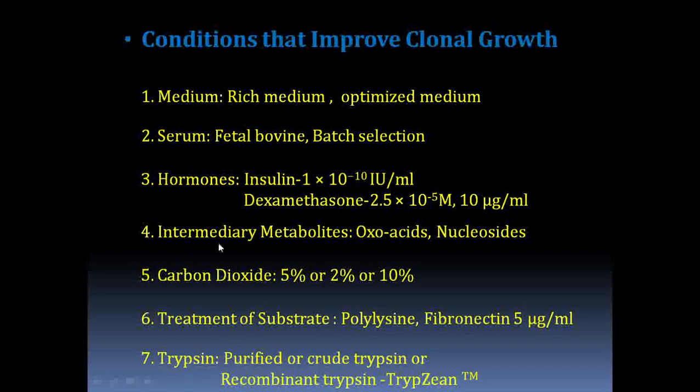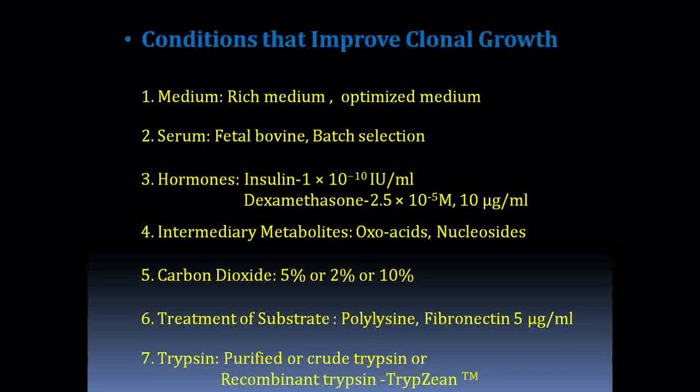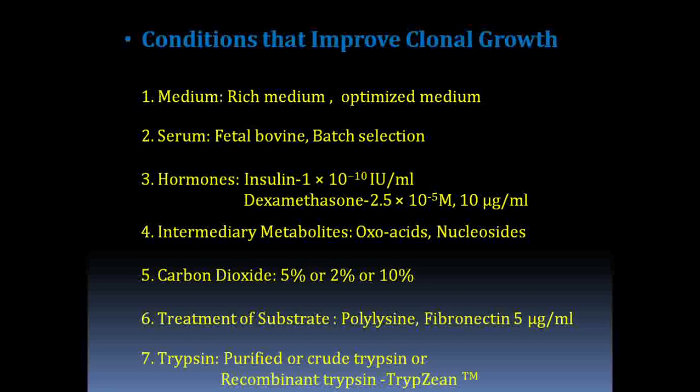Next is your intermediary metabolite. What do you understand by intermediary metabolite? Of course, we need to add them too, because they are the ones which are going to handle our metabolic pathway, right? I hope you people know what a metabolic pathway is. The metabolic pathways are the ones which support our cells to come up with the nutrients that they actually need, with the energy provision, right? So this can be done with the intermediary metabolites which complete your pathway.